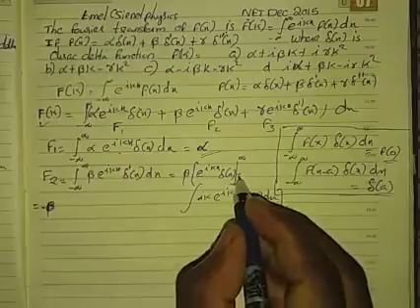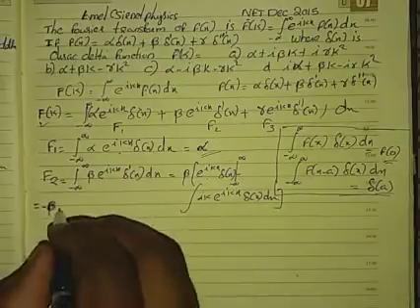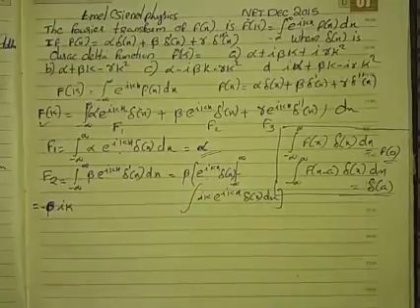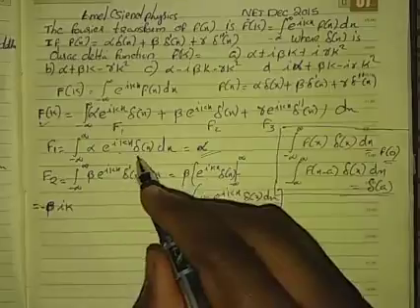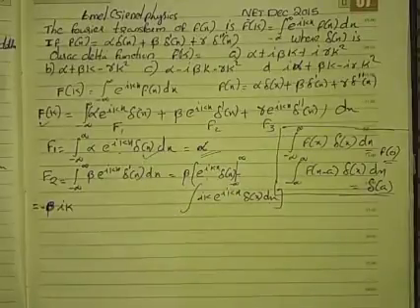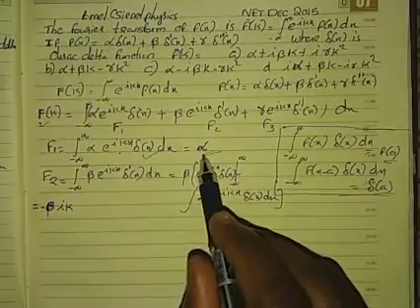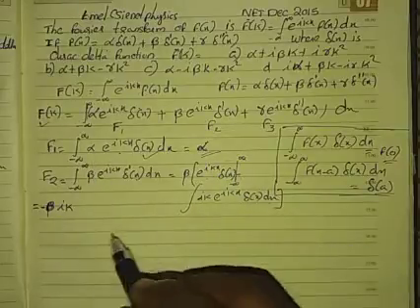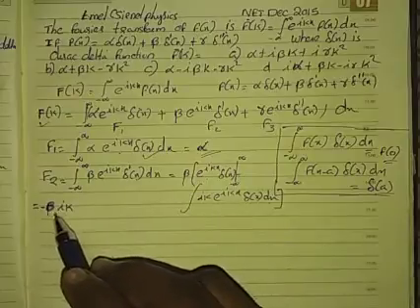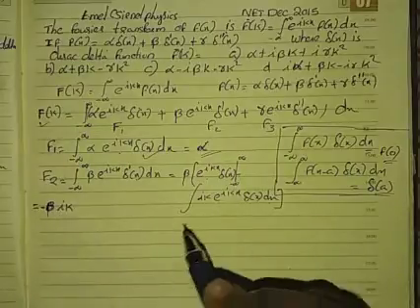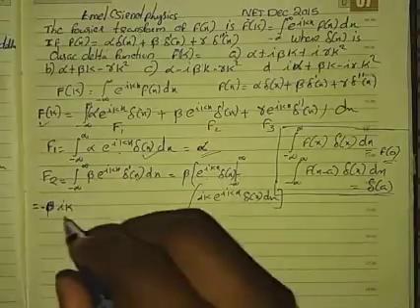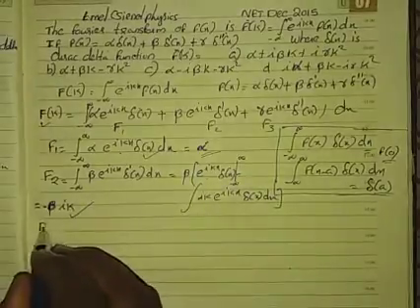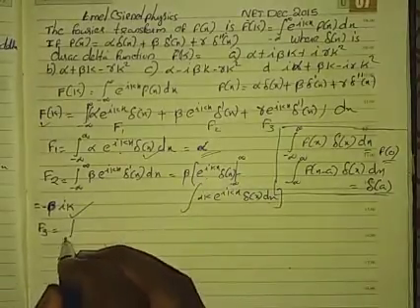minus beta, this for the second function, minus beta ik into e raised to ikx into delta of x dx. Okay, what's that? That's right there, e raised to ikx into delta of x. So what's that? That's equal to 1, or the coefficient alpha. So here the coefficient is ik, so you can write that it's minus beta ik. That's the only thing that remains, all other things will vanish. Okay, so that's f2 is minus beta ik, and f3,